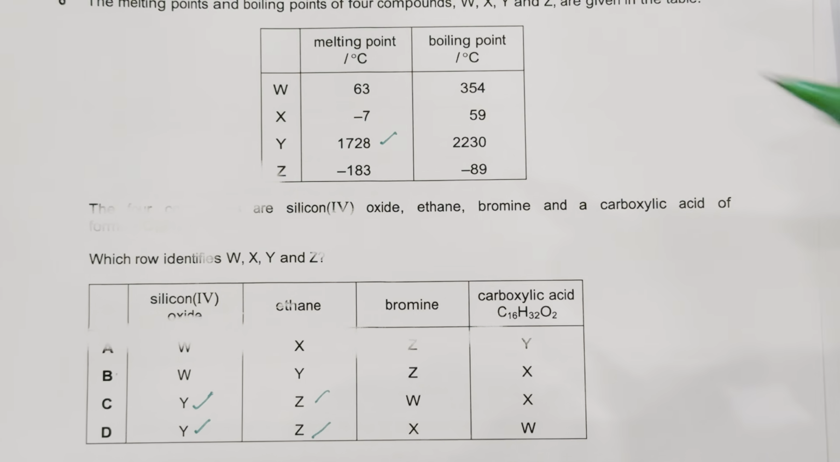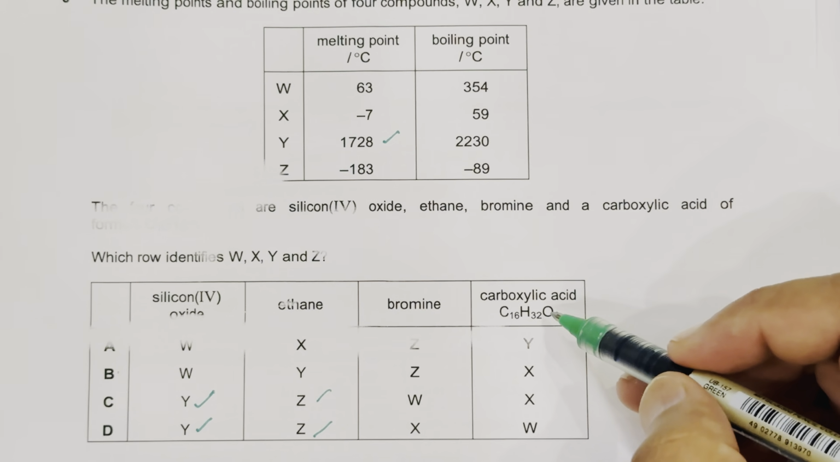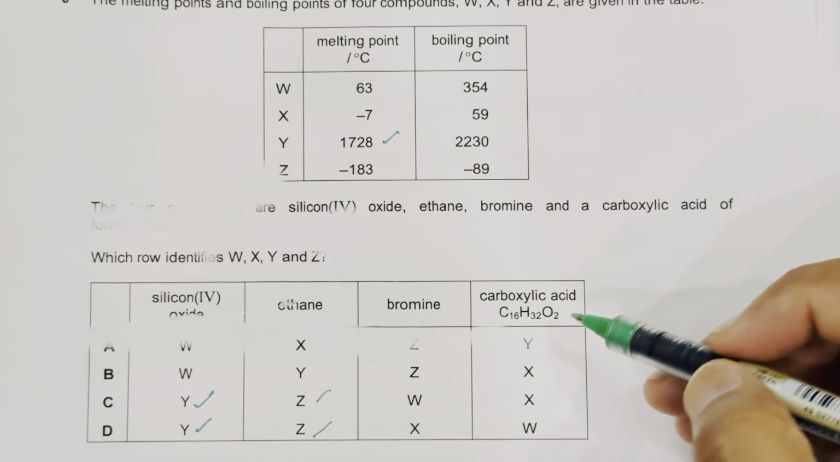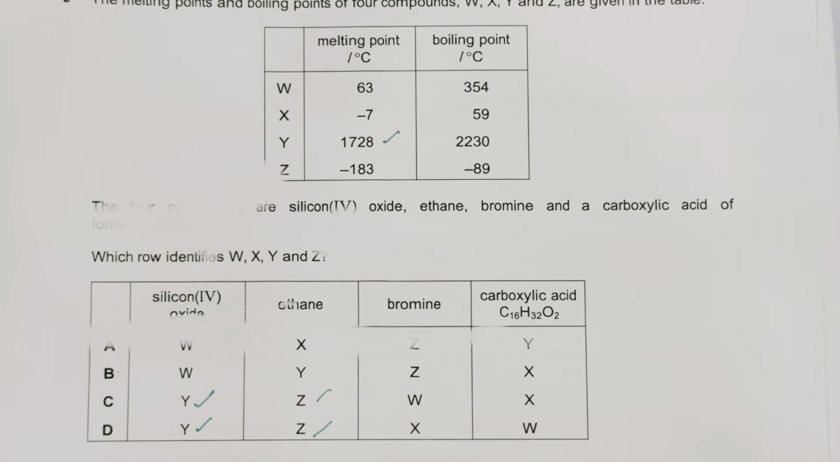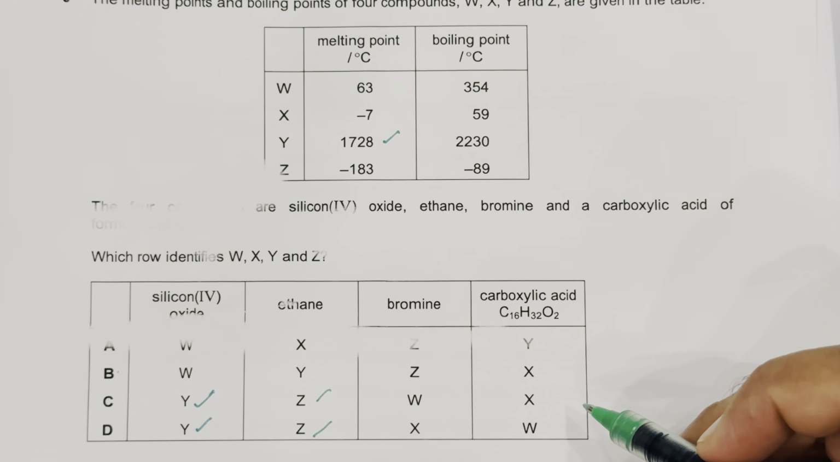But here we have two elements, W and X, that are showing. So we need to read the next statement as well. Carboxylic acid C16H32O. We know that C16H32O, it means that it should be